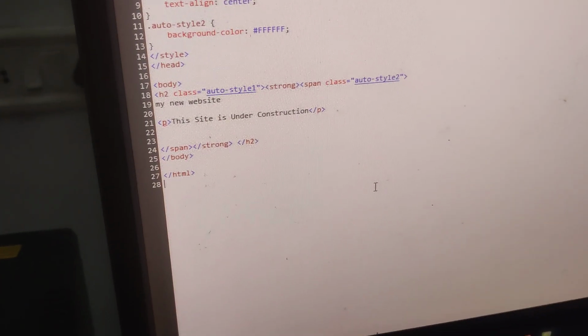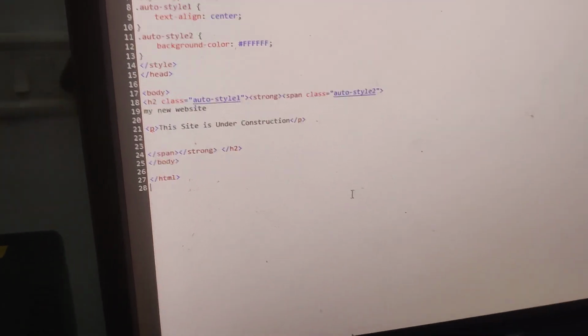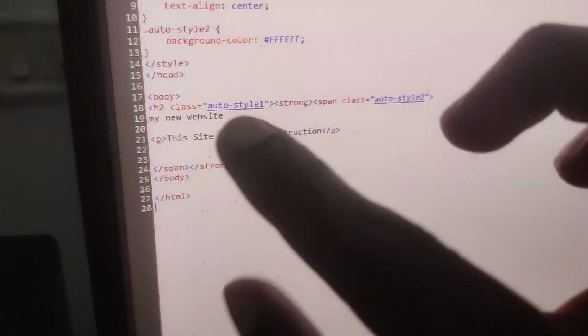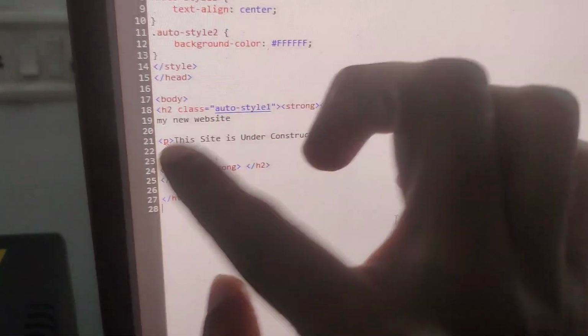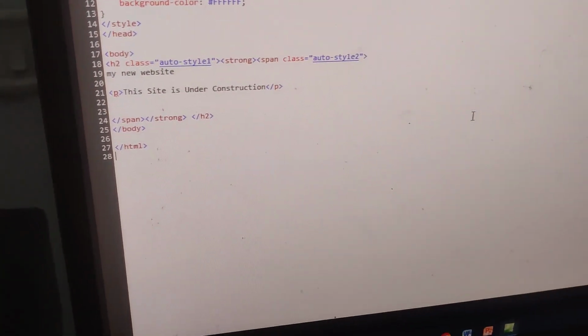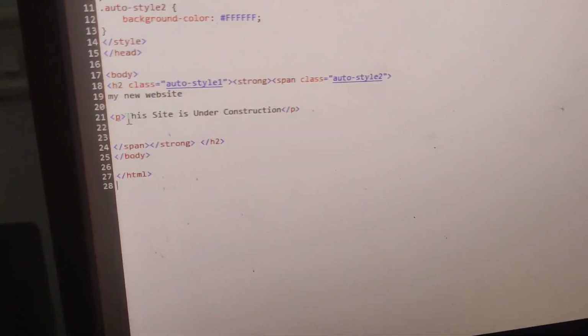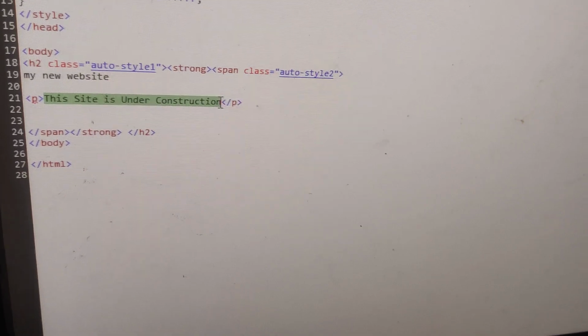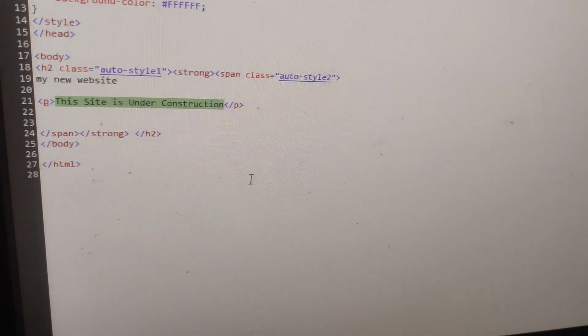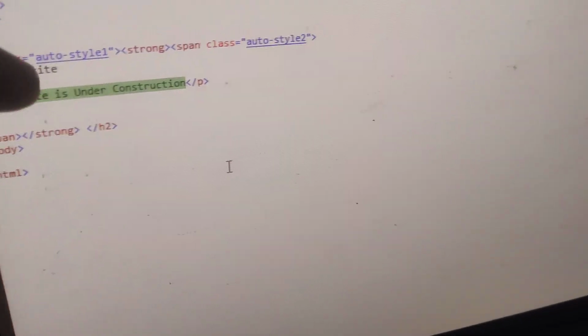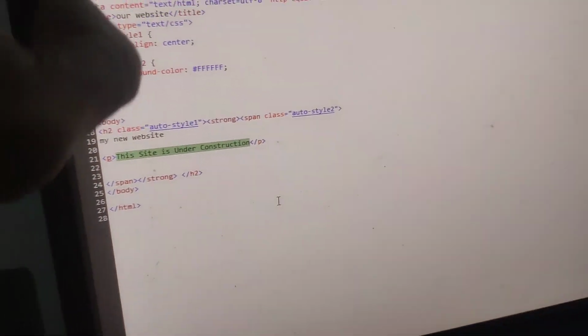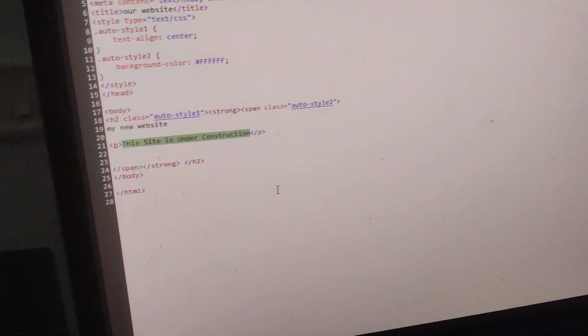If you are using Microsoft Expression Web 4, okay, I'm using Microsoft Expression Web 4, and suppose I want to replace this, for example, I'm going to select "This site is under construction". So I move my mouse and I select "This site is under construction". Okay, select this one, and suppose I want to replace this using a keyboard shortcut, you must simply click this